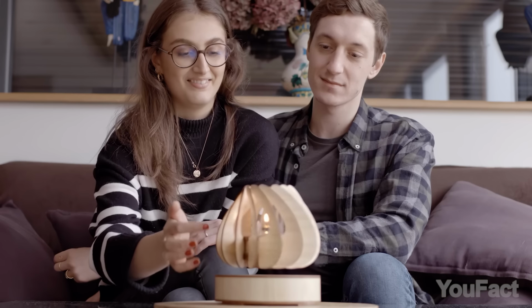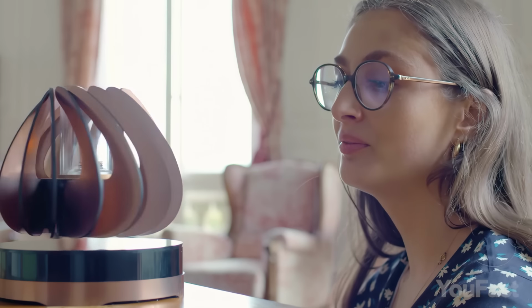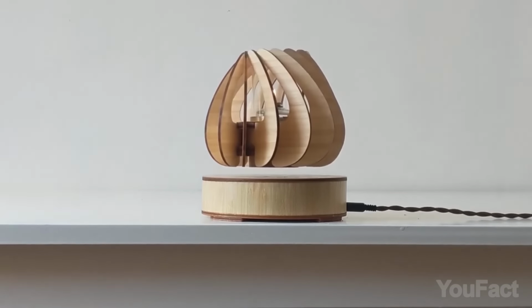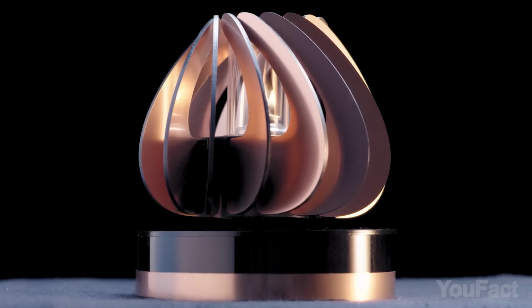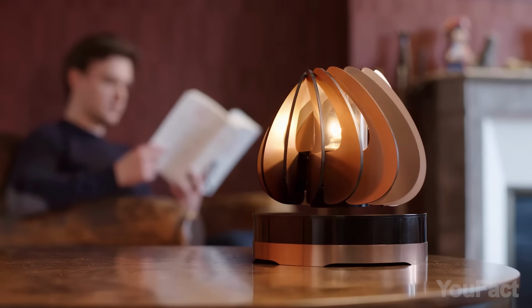Once it's floating above the magnetic base, the whole thing looks like it's just hovering midair, kind of mesmerizing to watch. If there's a sudden power outage, the floating glass immediately drops and magnetically attaches to the base. No wobbling, no drama. And the flame itself never gets close to the bamboo since the height of the capsule is matched perfectly to the frame. That said, it's still an open flame, so it's best to keep it out of reach of kids,